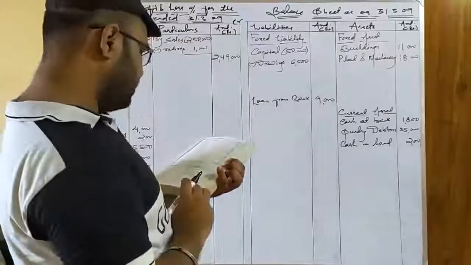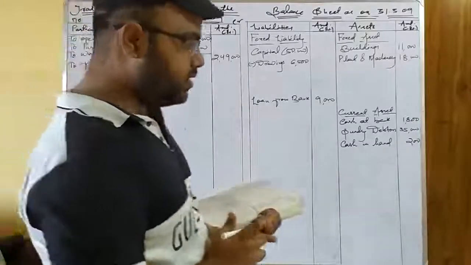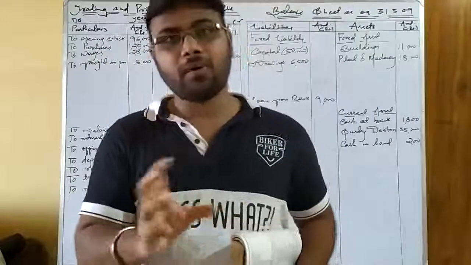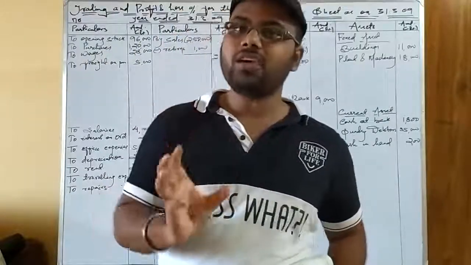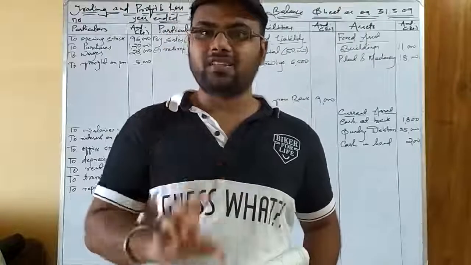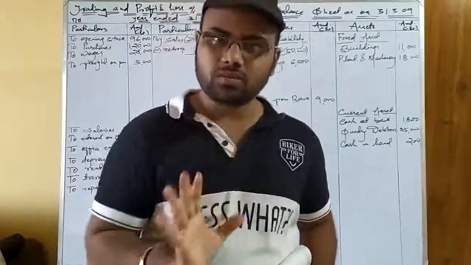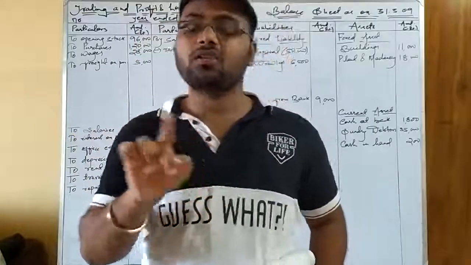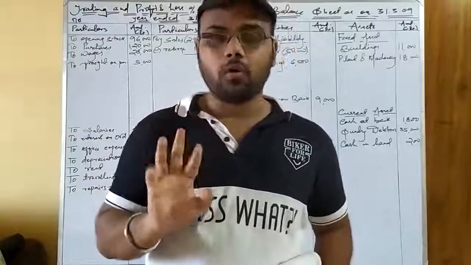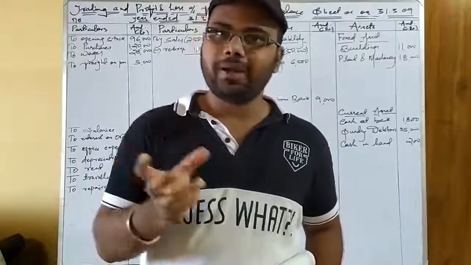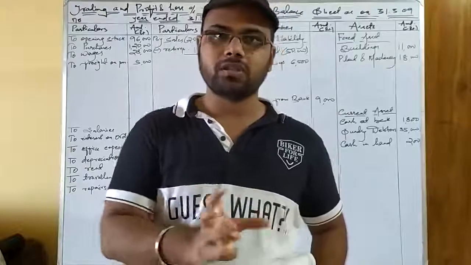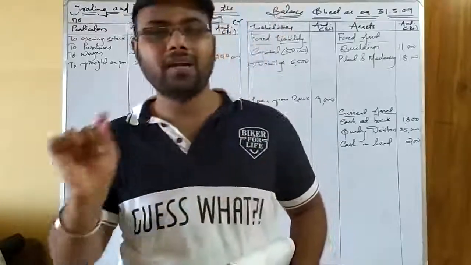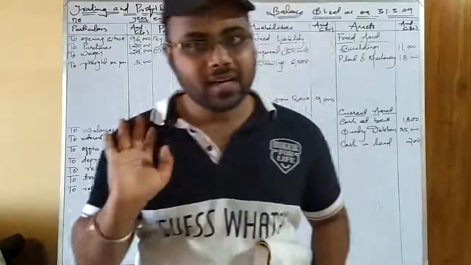The next item is discount on purchases. See, with discount on purchase and discount on sales, it is not that the discount is an expense and, on purchase, means it is a direct expense. Always think what it is speaking about. Discount on purchase means when you purchase goods, you get a discount, meaning discount is allowed by your trader. So this discount is not an expense but an income. What kind of income? Indirect income. It is made on purchases, but it is not a direct income because it is nowhere related to production activity. So discount on purchase is not an expense but income. What kind of income? It is an indirect income.